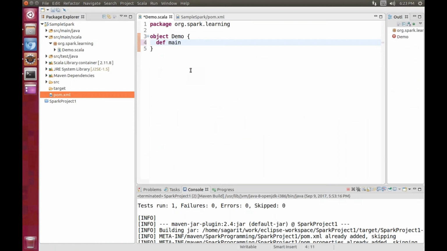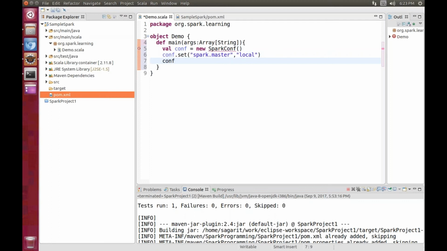I'm writing the main method here, def main(args: Array[String]). This is Scala coding. Next, first create the configuration object. People who are aware of Spark know what this Spark configuration object is. Next, conf.setMaster, set spark.master to local, and close it.